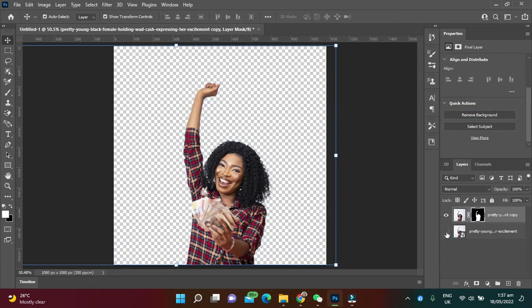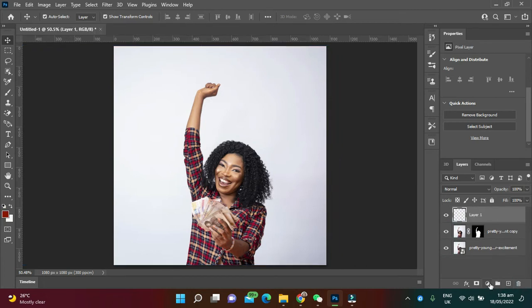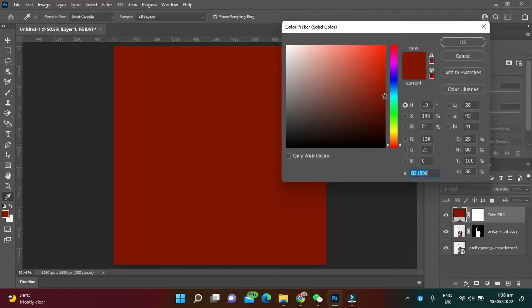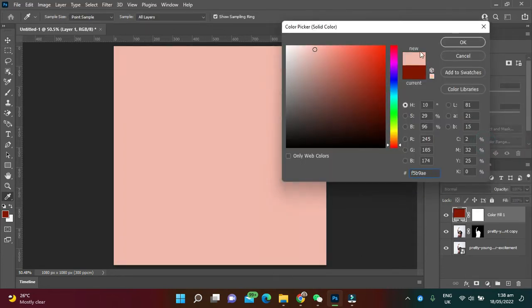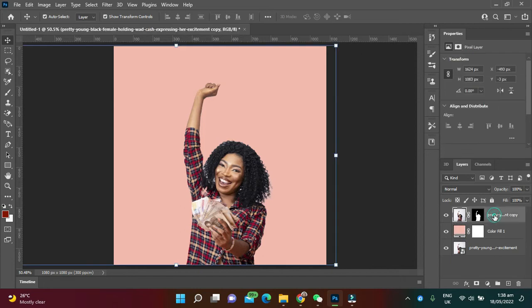As you can see, this is flawed. You can see where I just circled. I want you to see that we need to do more. So the next thing we're going to do is create a new layer, add a solid color to that layer, and I'm going to change the color a bit. I'll drag it down so that it's under the layer for the image, so we can see what we want to do. Just click on it, go to select